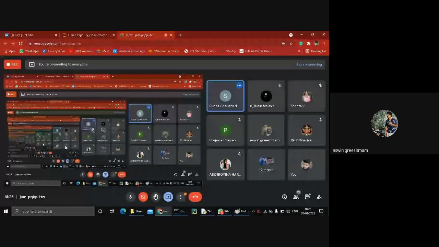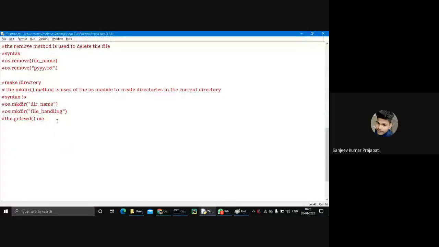So next is displaying the current directory. getcwd is a method. Someone said the screen is not visible correctly, but others say it's visible.